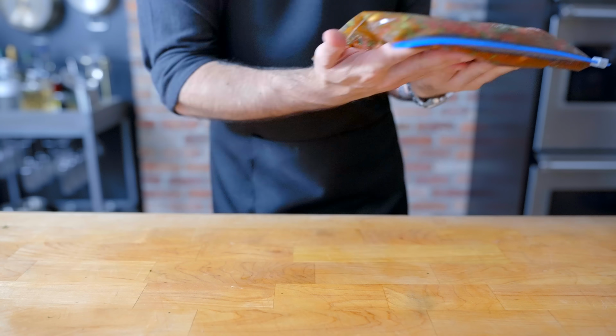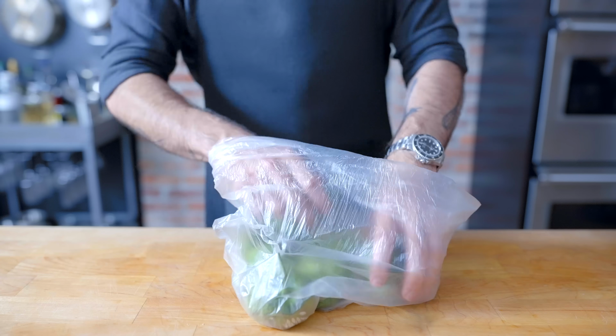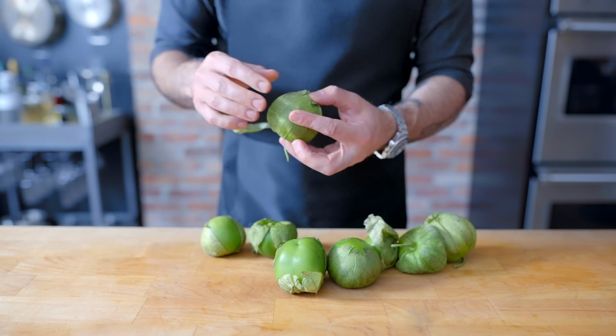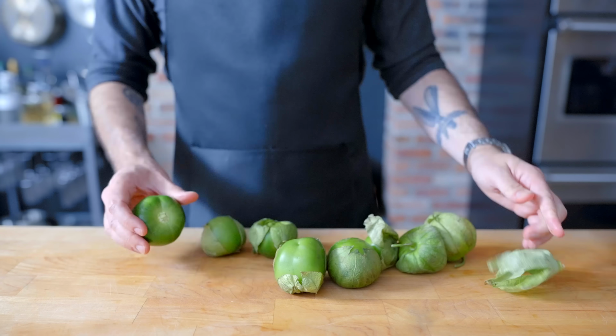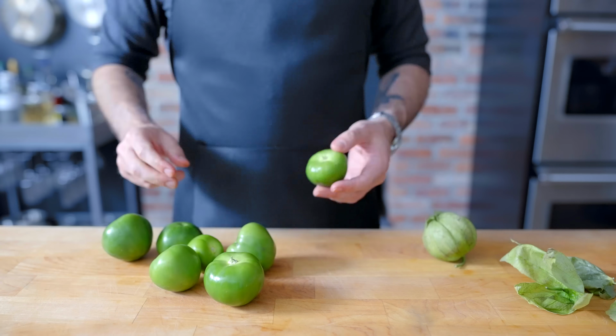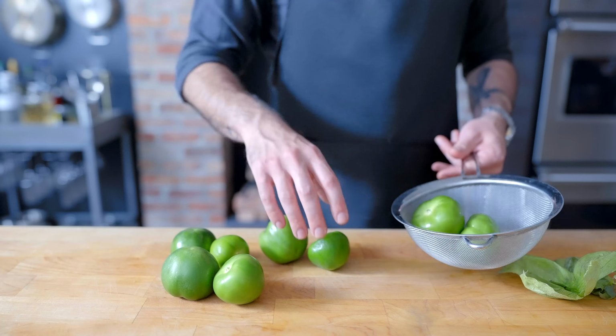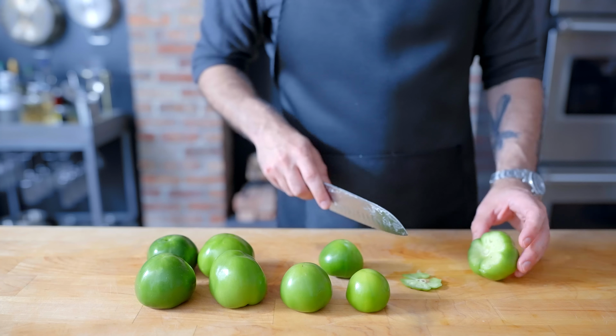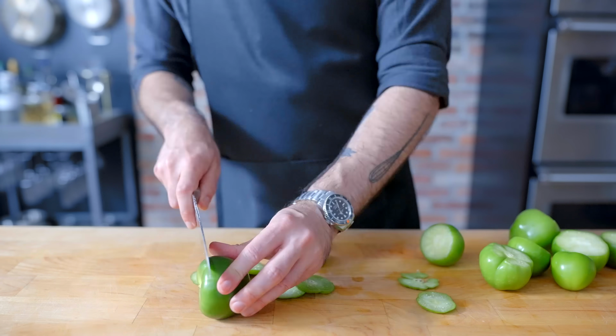First up, a super simple roasted tomatillo salsa, or Salsa Verde, for which we're obviously going to need some tomatillos, which are pretty easy to prep. We just got to pull off all this husky stuff off the outside and maybe give them a little rinse to remove any excess sticky residue. Once rinsed and patted dry, I'm going to start by cutting off the tough stem thing,